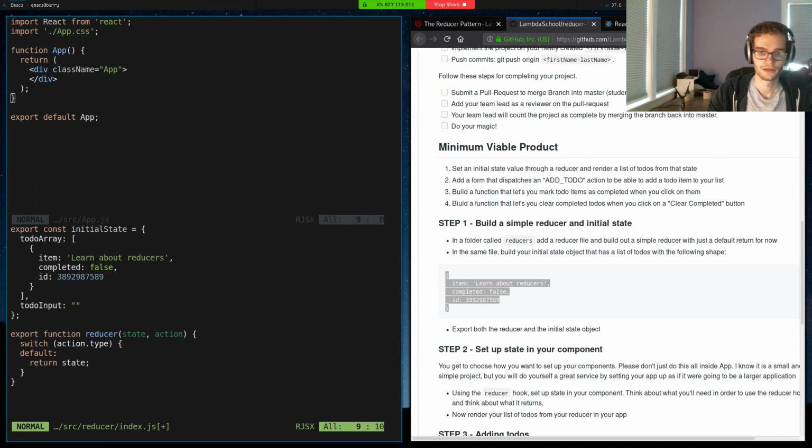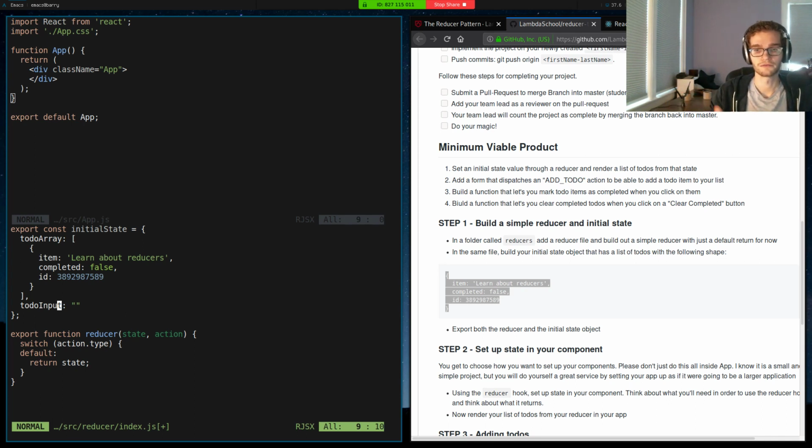But I understand. Theoretically, if we only had one key on the object, we might as well just use an array, like in this example, if we didn't need to add anything else to a state object. Theoretically, yes, but I'm going to come out hard and say you should never, ever do that. The whole point of the reducer pattern is that state is an object that contains the shared state of our application. Even if that is only one key in this object, the point of this